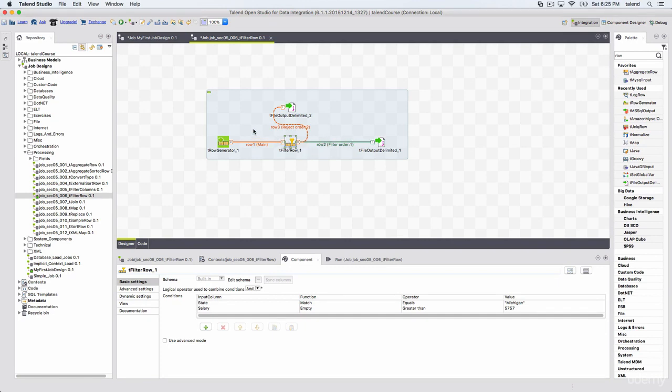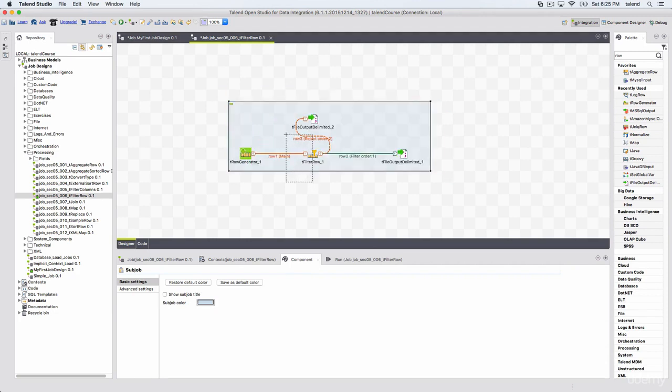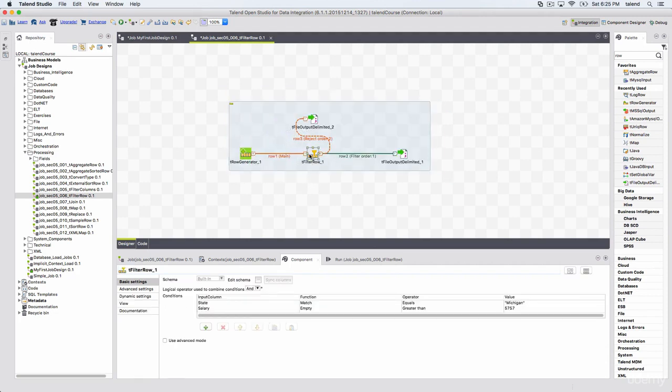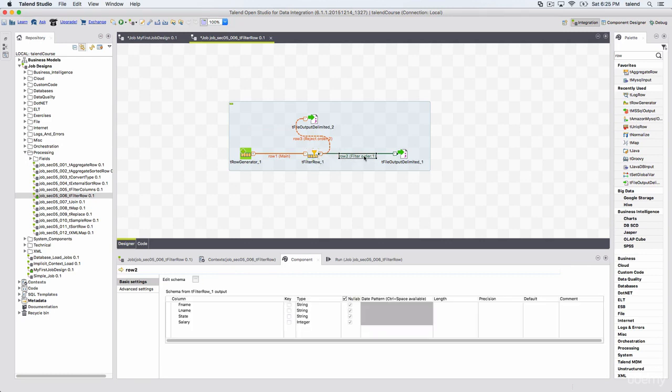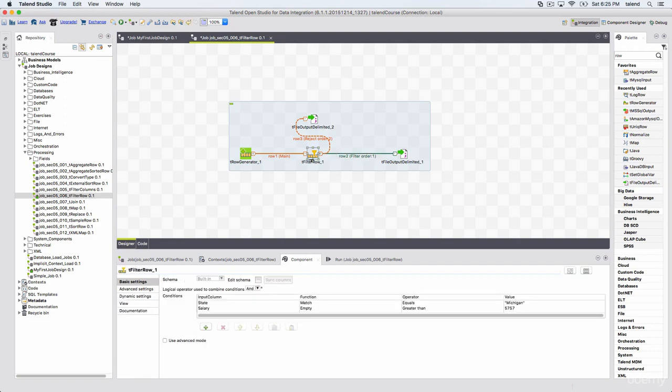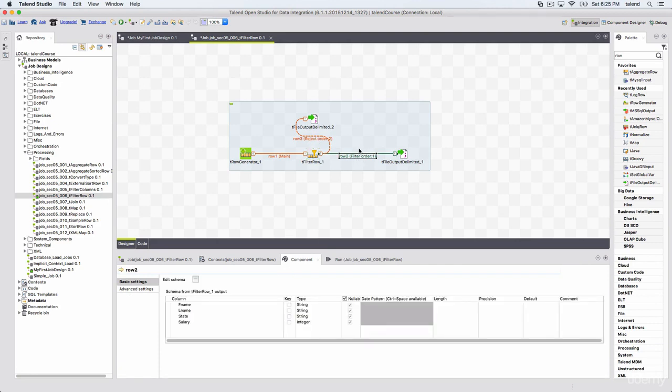For example, let's assume I am getting male and female data to this component, and I mention a filter criteria saying I want only male data. So what happens? That data will be carried through this particular connection. What about the female data? Since female data doesn't satisfy the condition that we mentioned here, it won't be passed through this. If you have a reject, then it will be passed through the reject link or the reject connection type. So that's another connection type. So we have seen the filter connection type, which carries the data that satisfies the filter condition that we mentioned.